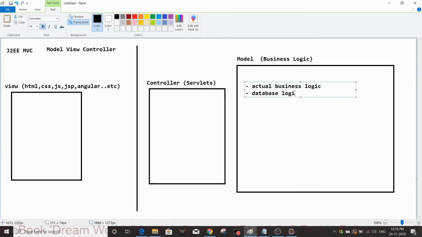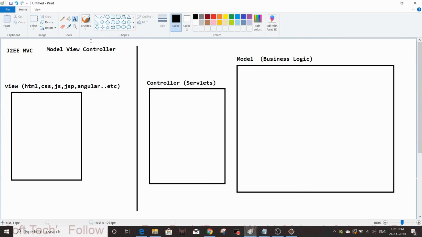If you want to change the database logic from one technology to another, it is again strictly coupled with the actual business logic. That's why they divide the model layer also in some ways. See here.